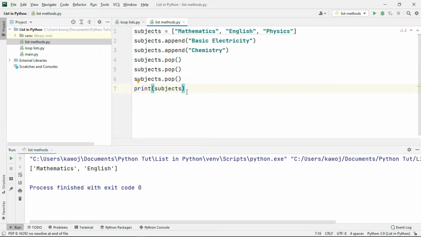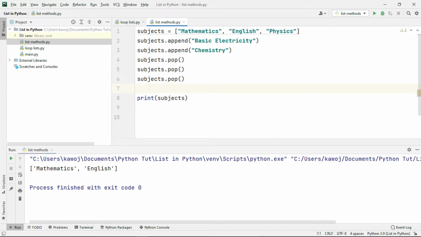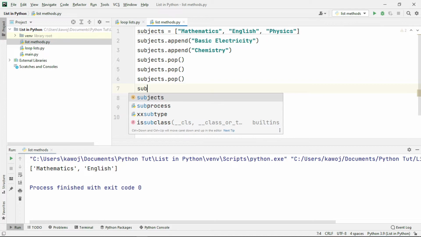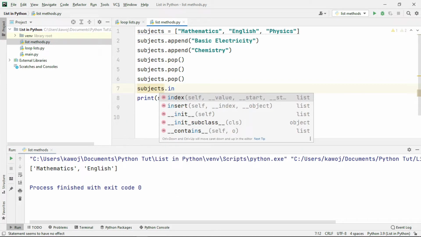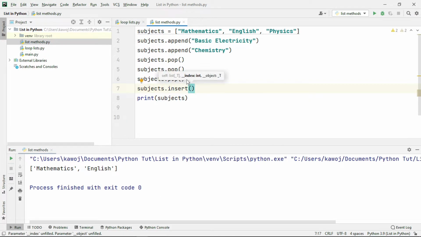So we also have one function, which is, we can also insert a value in a list. So let me insert chemistry. We've inserted chemistry already. We appended chemistry, sorry about that. So let me try and insert economics inside my subject list. This can be done by using the subject dot insert like this. So this insert takes